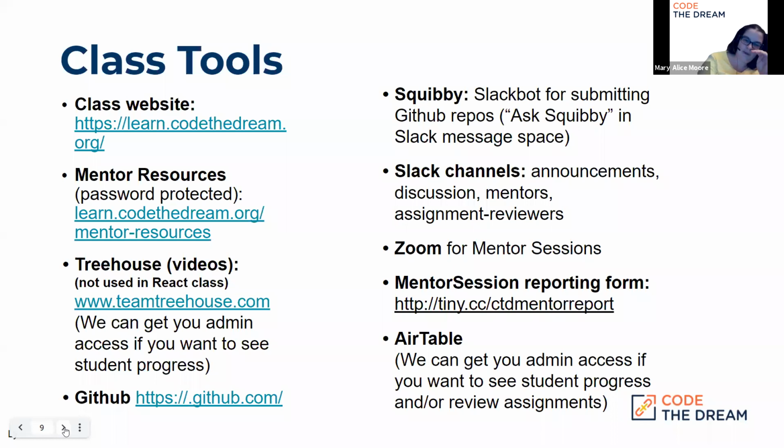Squibby is a Slack bot that we have built in Slack so that students can just go to their Slack app and submit their work that way, and they don't have to go to a separate Google form or an Airtable form. They can just go into Squibby and select the assignment they're turning in for, add their link to their repo, their name, and any notes, like a question they had that somebody could follow up on.